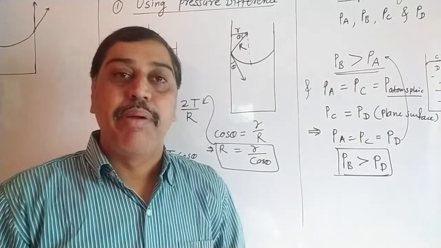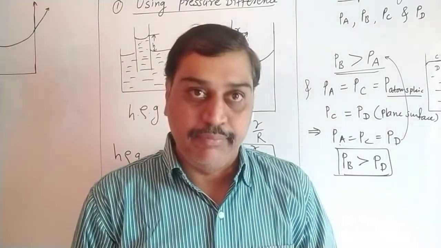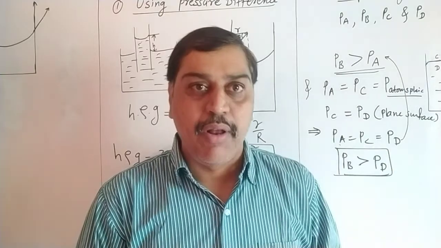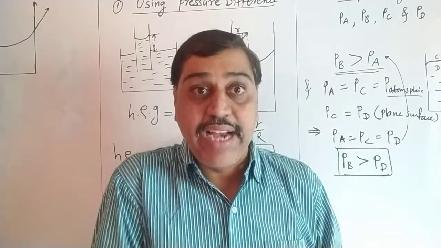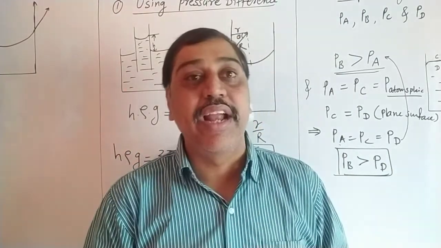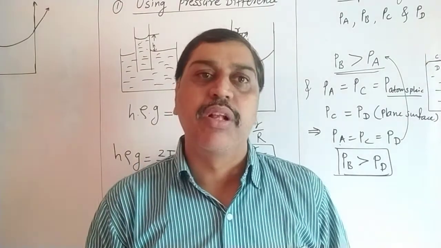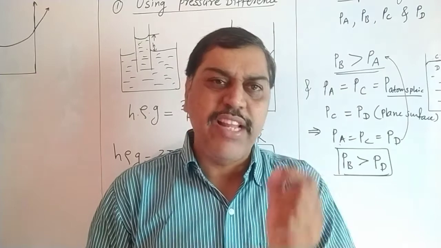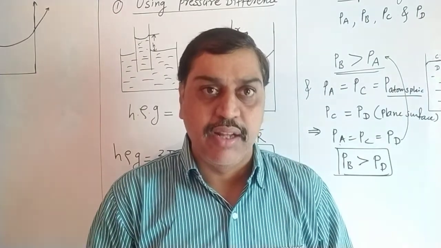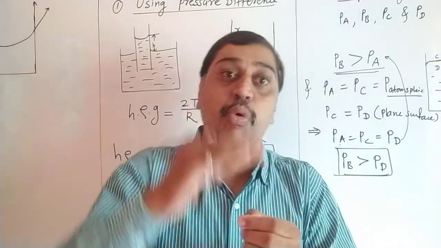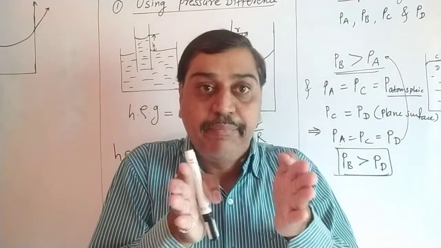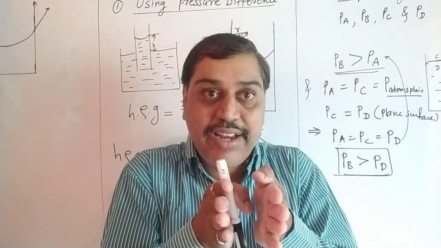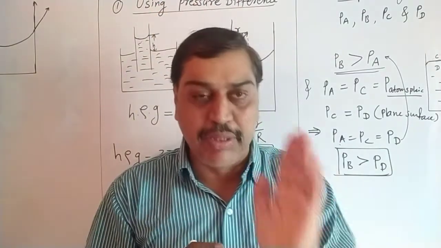Apart from this, remember one point. If the width, or we can say the radius, of this capillary tube is small, it is seen that the rise of liquid height in the capillary increases, and that was mentioned in the book also. So remember, if we have taken a very small, fine bore capillary tube, it is seen that liquid rises to more height. If we increase the radius of the capillary tube, the height decreases. Decrease the radius, height increases. So that you must remember.